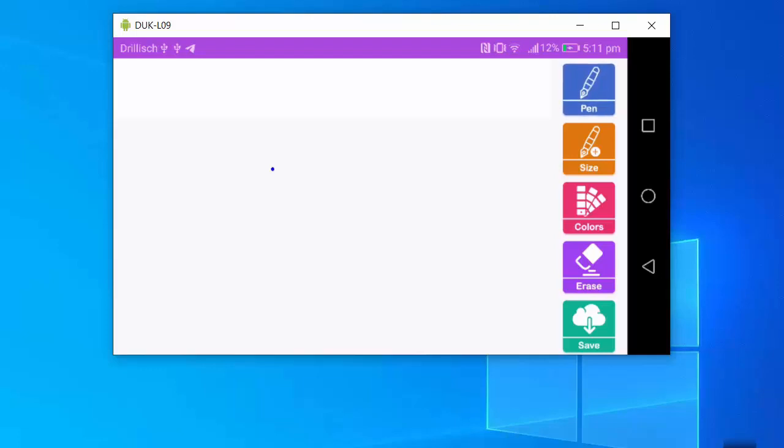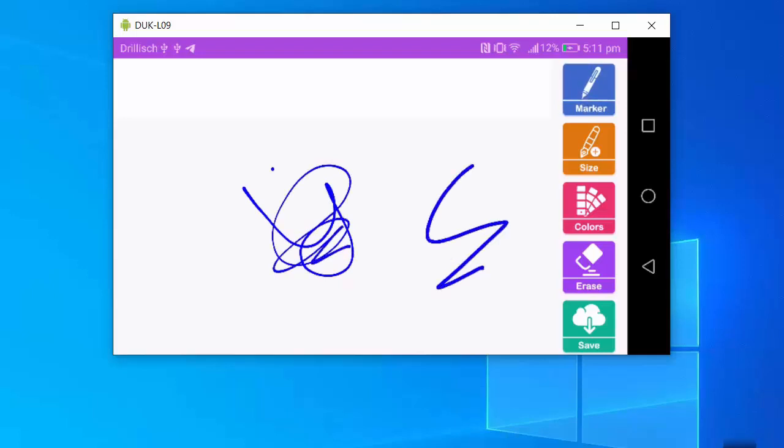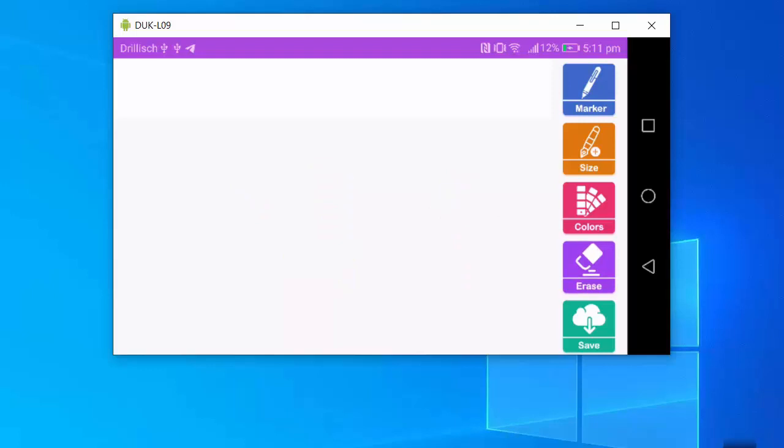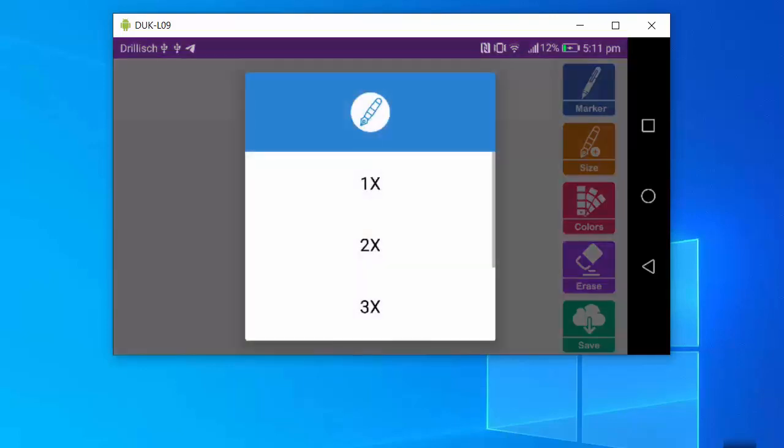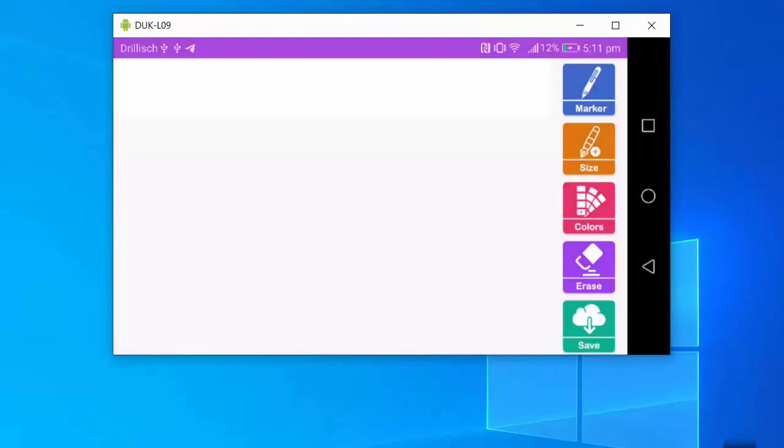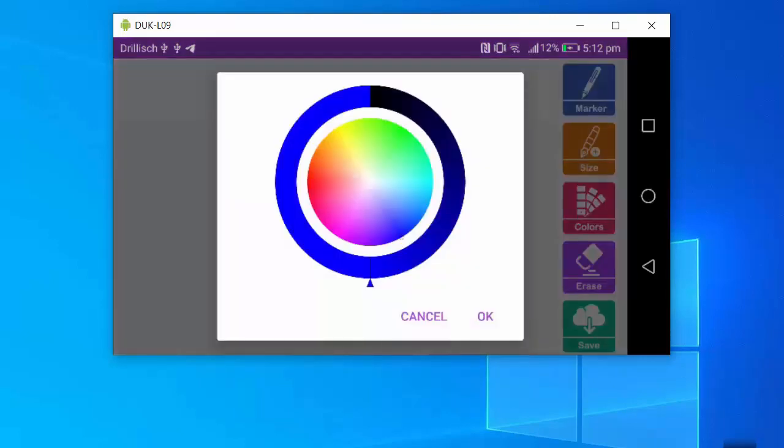For example, the pen will look like this, and the marker is going to draw like this. You also have the option to erase your signature and rewrite it. You can choose the size of your signature, and also the color for your signature. So you have all these options.